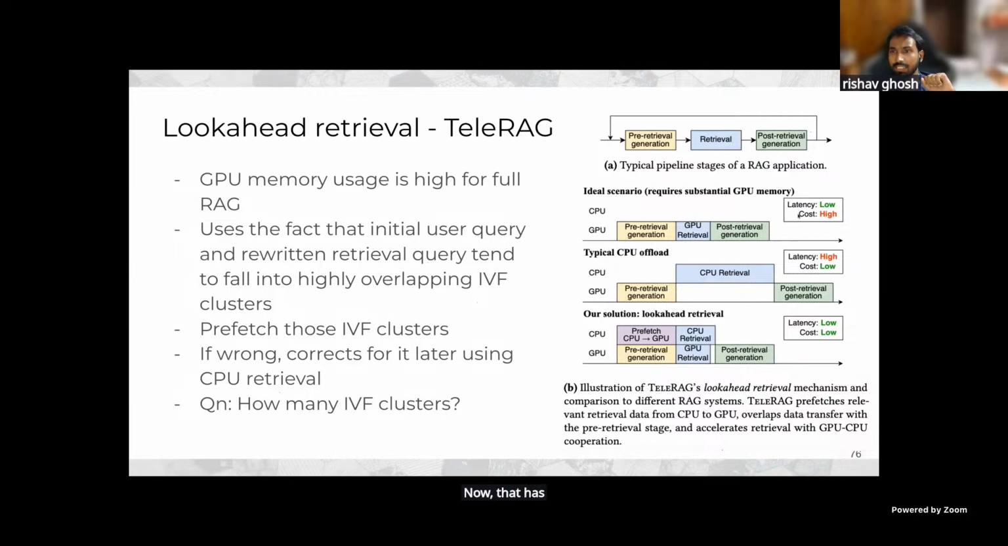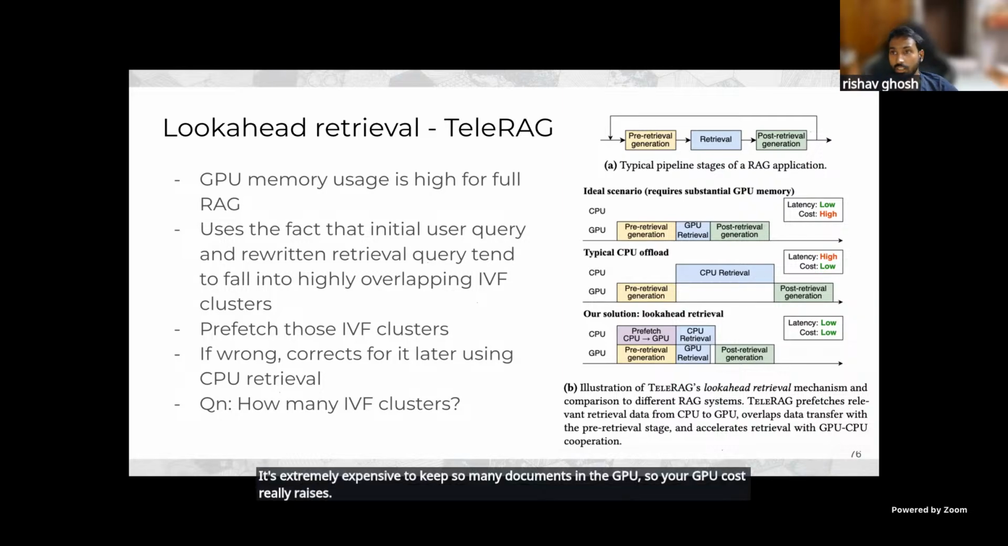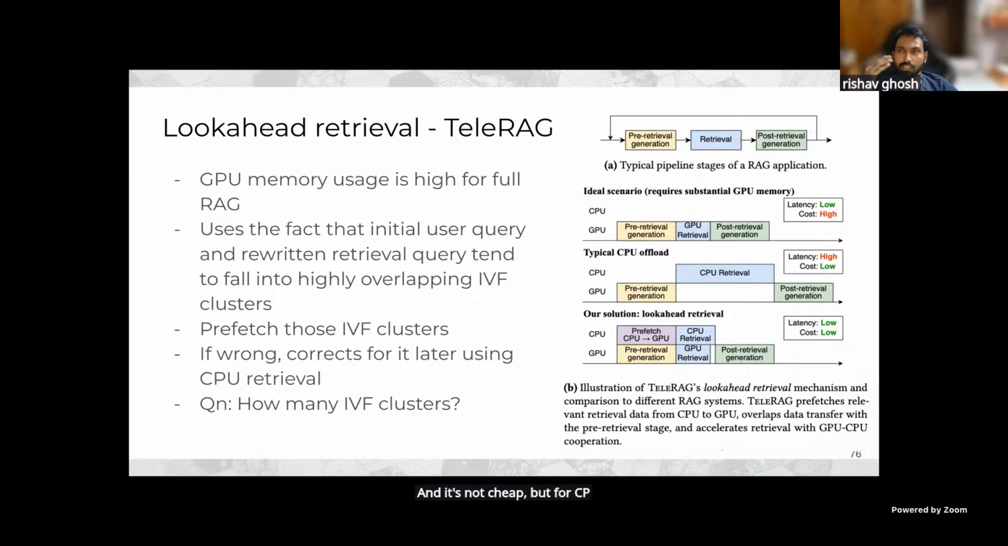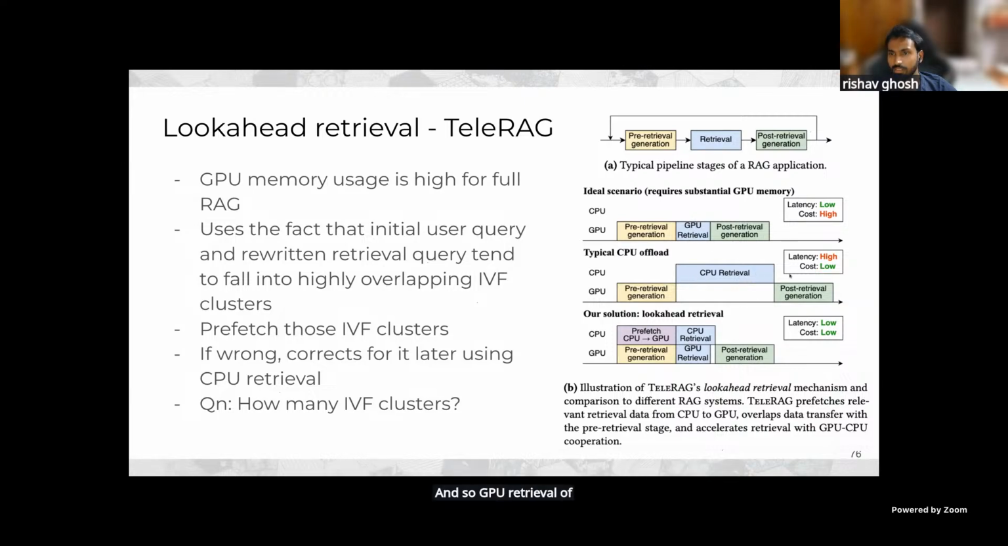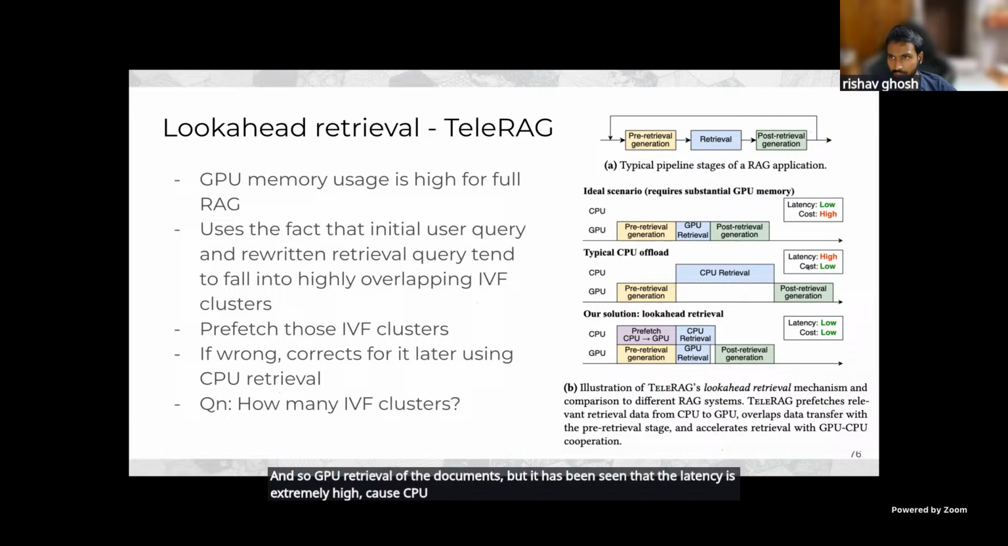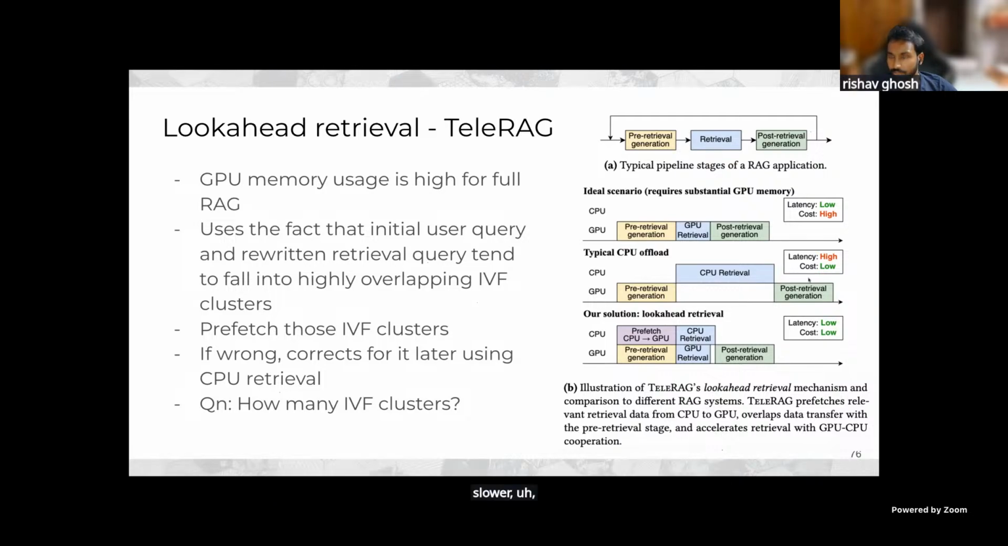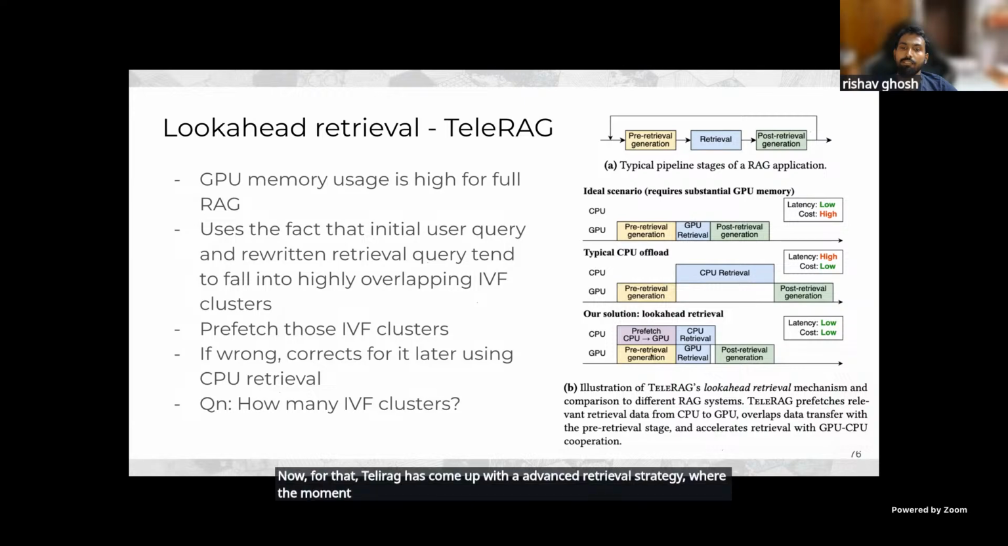Now, it has been seen that it has a very high cost because it's extremely expensive to keep so many documents in the GPU. So your GPU cost really rises and it's not cheap. But for CPU, which has cheaper memory, you can use something like CPU retrieval instead of GPU retrieval of the documents. But it has been seen that the latency is extremely high because CPU is generally much slower than the GPU. Now, for that, TeleRAG has come up with an advanced retrieval strategy where the moment